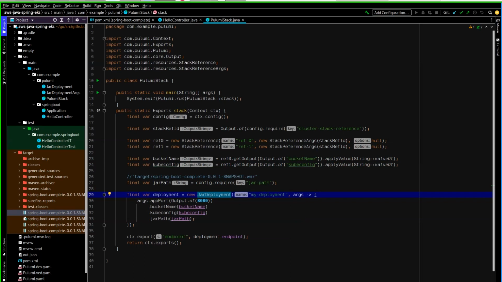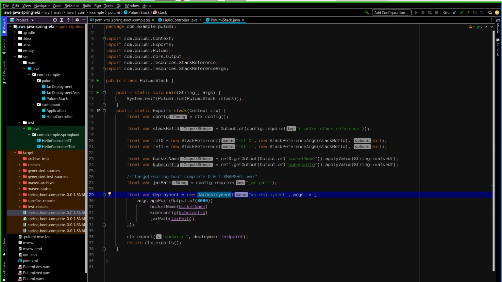bucket. So if you notice here, this is not args. This is actually a function that passes in an args builder. So one of the cool things about Java is do not repeat yourself. If you know what this is going to take, you can have it take a function that gives you what it knows it's going to take, and then you can configure it yourself. So in here we have this builder that's able to configure it properly.